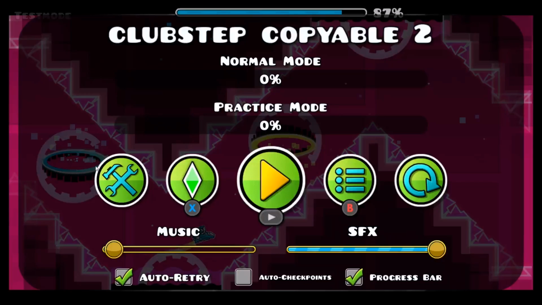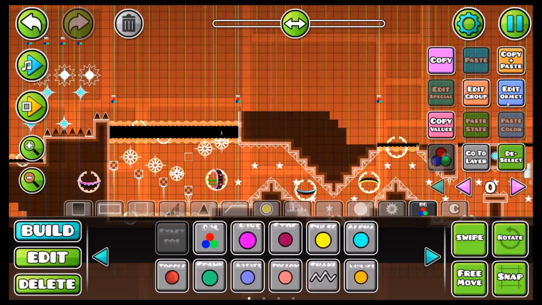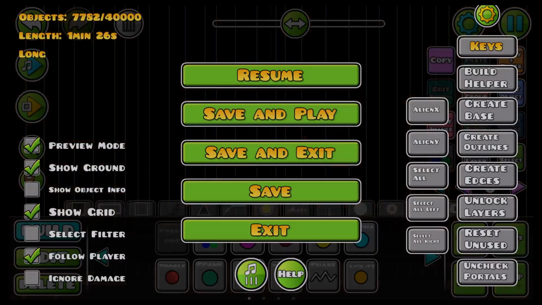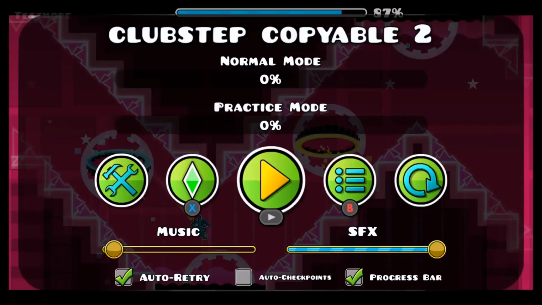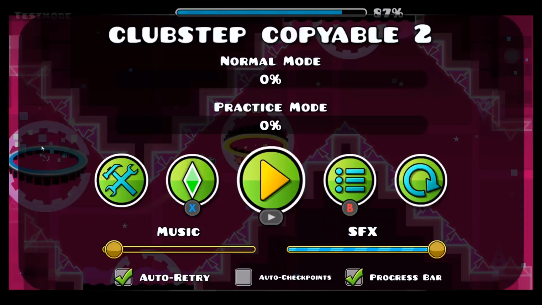Once you get into this portal, you just want to let go. So let's set a checkpoint there, so I can show you a bit more. Not mini. Oh yeah, mini. Whoops. Okay. That was actually almost bad, I went too far. It's really hard to get this, but once you get in the portal, you just want to let go, because then you'll go down, and then right here,